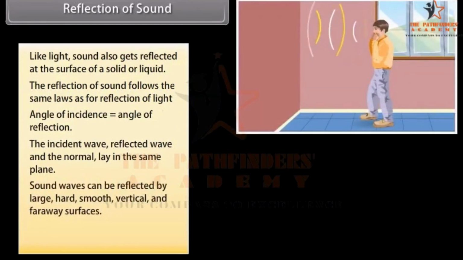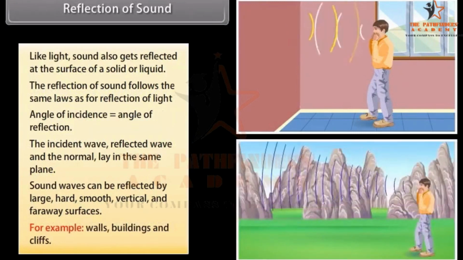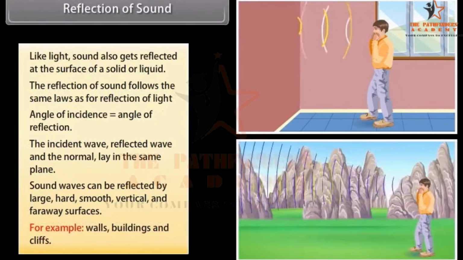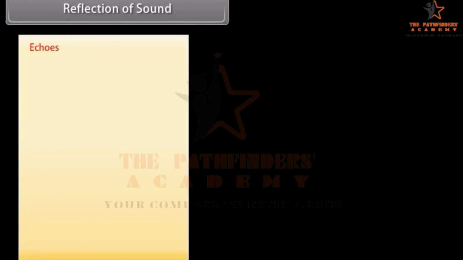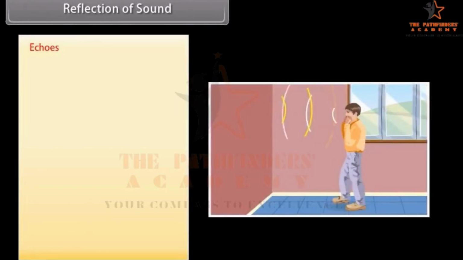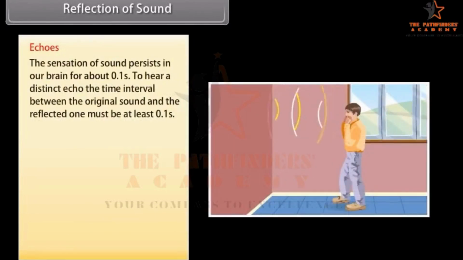Sound waves can be reflected by large, hard, smooth, vertical and faraway surfaces. Example, walls, buildings and cliffs. Echoes are produced by the reflection of sounds from such surfaces. The sensation of sound persists in our brain for about 0.1 second. To hear a distinct echo, the time interval between the original sound and the reflected one must be at least